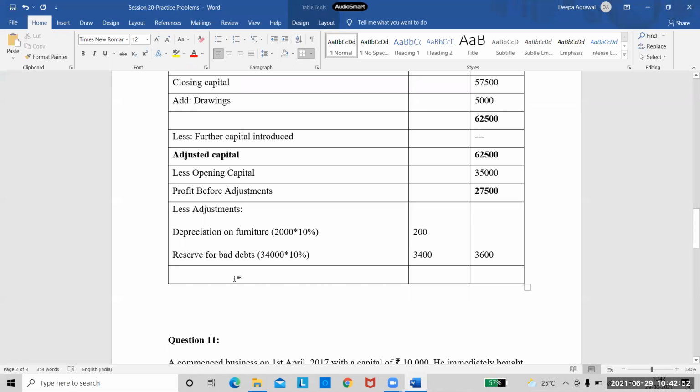So I will get my final net profit. I'm getting a positive figure still, so it is net profit made during the year. And tell me how much is the profit? 23,900. So this is my profit. This is how we are doing it, right? Is the problem clear? Anyone has a doubt? We have done both the statements. We have done the statement of profit as well.